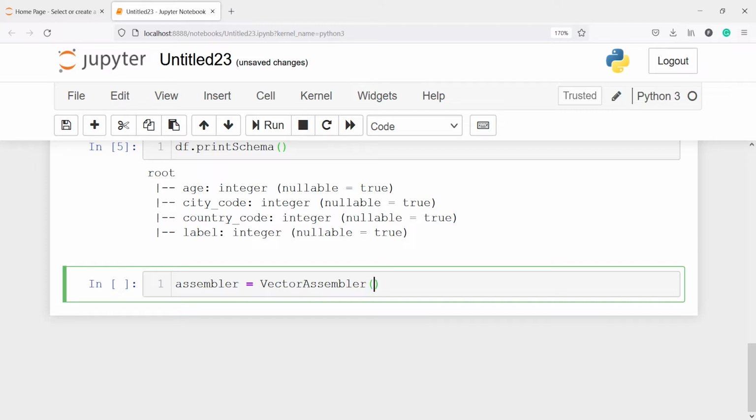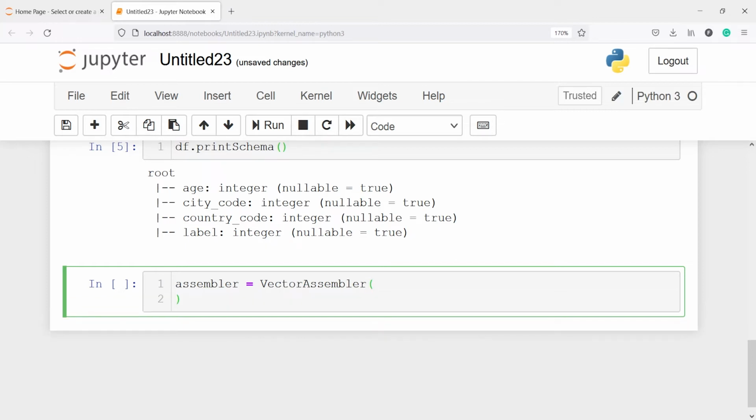Inside this I will first pass parameter inputCols, and our input columns are going to be age, then city code, and country code.